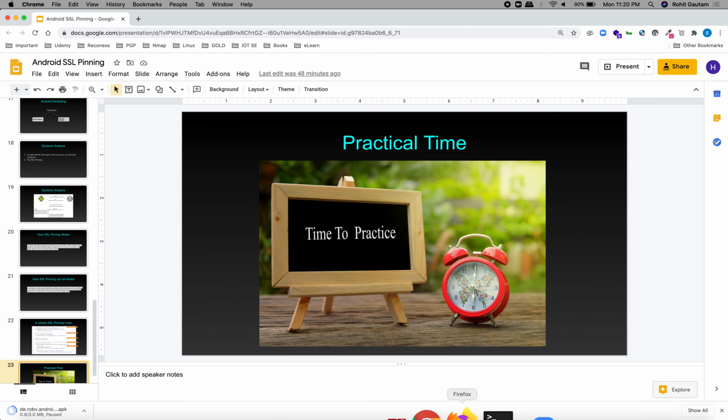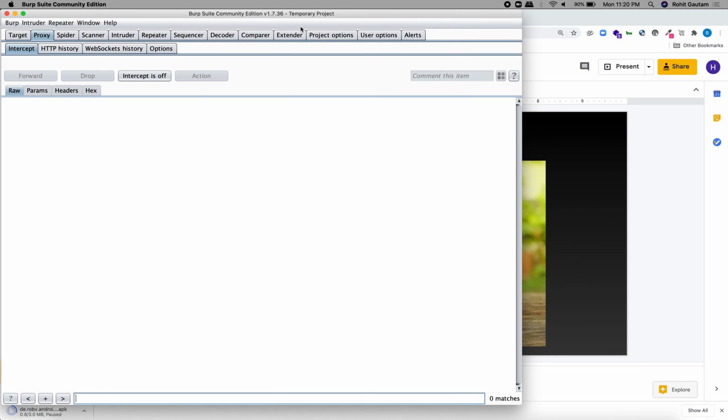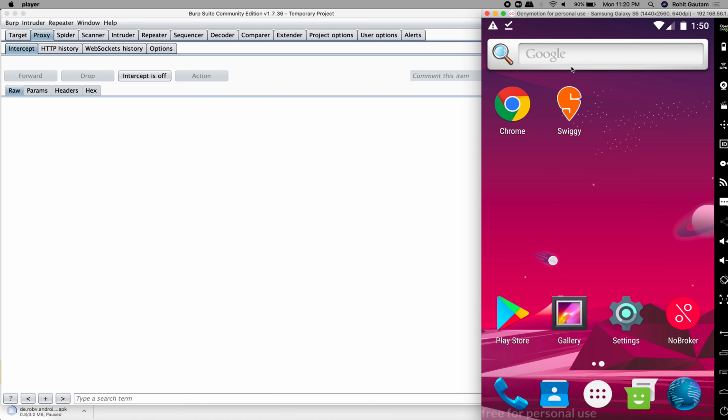Okay, now I will start my Burp Suite, and you can see this is my Burp Suite which I have started, and I want to capture a request. First, guys, I'm going to show you without doing SSL pinning bypass. We have just installed all the necessary tools, but we have not done SSL pinning bypass till now. So first let me show you the errors.